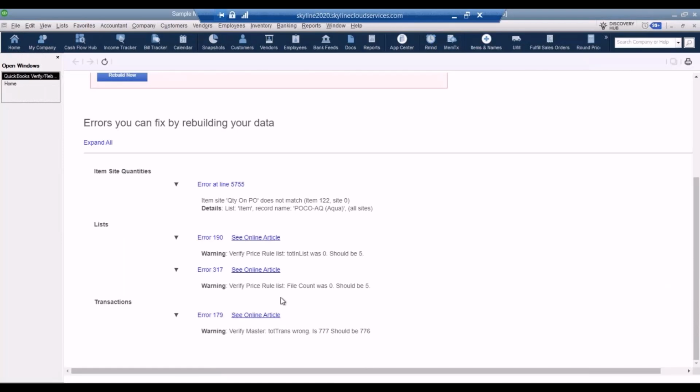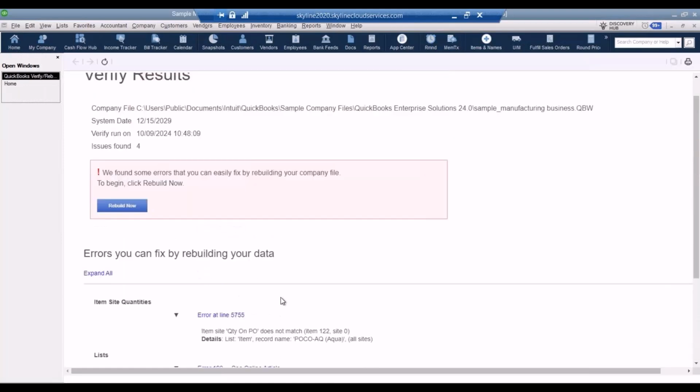identifying an issue. I always recommend printing these results so that you have them for reference before you run that rebuild. That way, after the rebuild is done, we can come back to that verify, run it again, and look to see what the rebuild was able to fix. So again, starting with that verify in order to identify what QuickBooks is showing as an error, running that rebuild